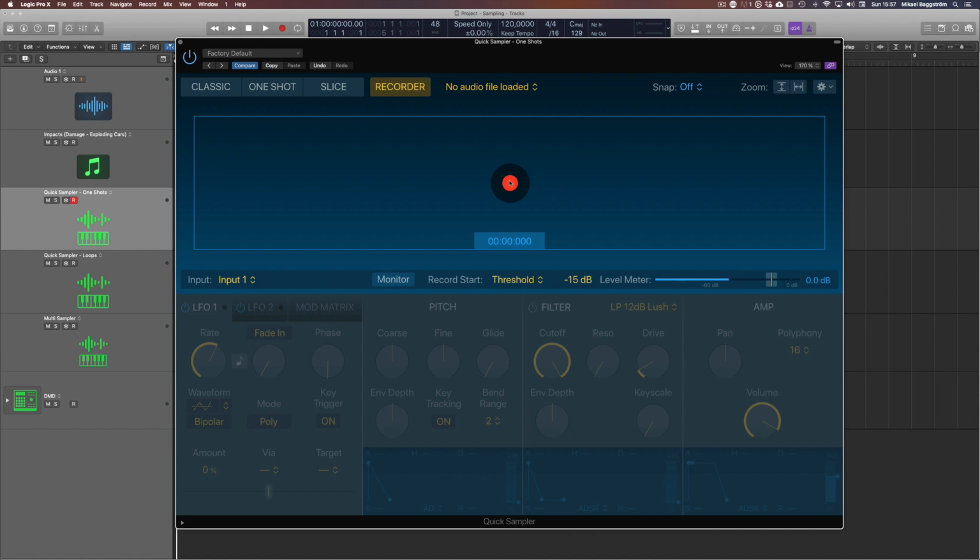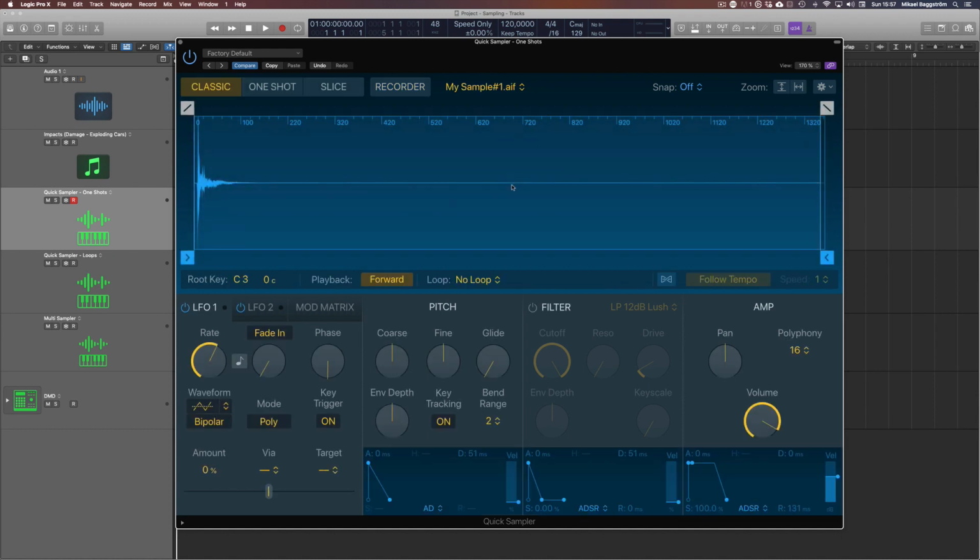Let's record a clap. Alright, and now we have a clap. If I play on my keyboard, C3 is the root note here. Right, like that. And if I play it on C4, it pitches up. So I can now play